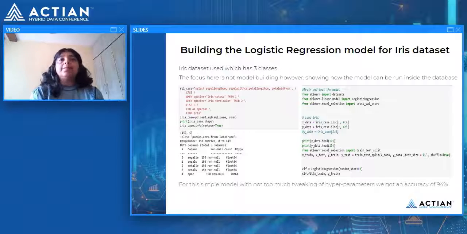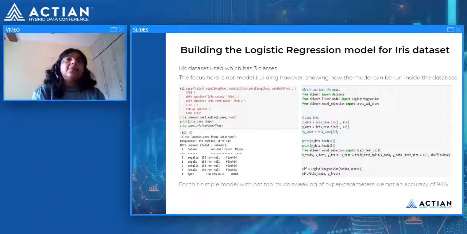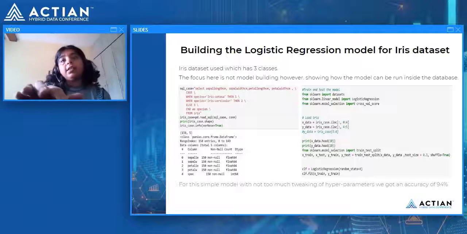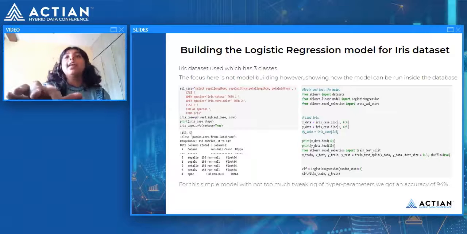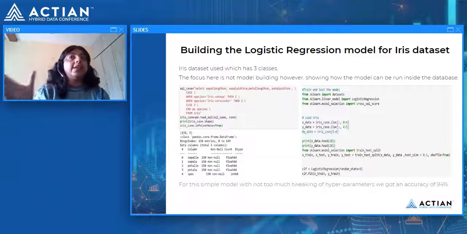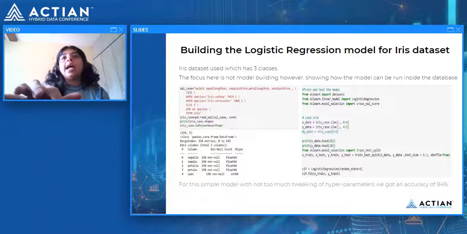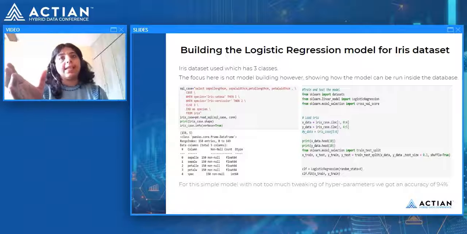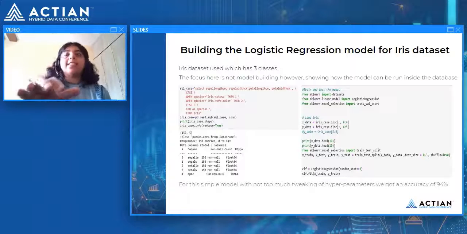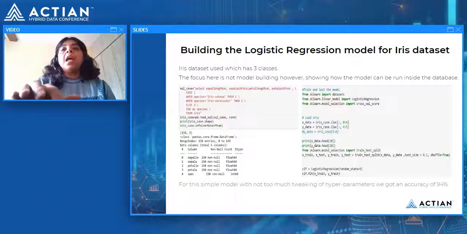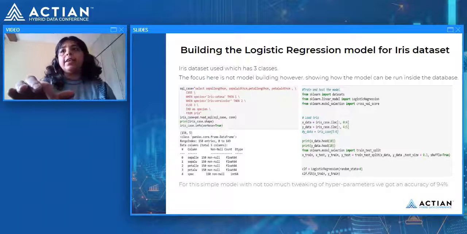So here you see that a model is created with the input data, which are the 4 input values. Since it is for the IRIS data, it takes 4 input values and the fifth one is the class to classify. That is what I have done here: I have taken X data as the first 4 values, columns 0 to 4, and the Y data as the 5th value, which identifies whether it is classifying correctly or not. Here I simply split into train and test to check whether my model is working correctly. This line is one line of code which creates my model. It is very simple, nothing fancy over here.